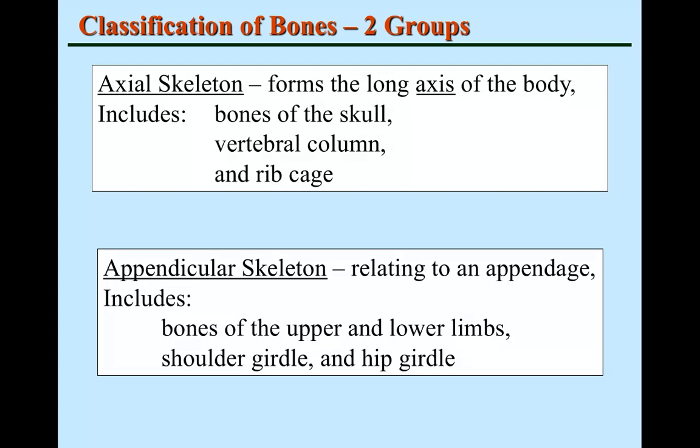Any structures associated with the arms and the legs are considered your appendicular skeleton. So you can think appendicular, appendage. So basically that means that we're talking about the bones of the arms, the bones of the legs, and then the bones that hold those structures to the body. So in the arms, we'd also be talking about the clavicle and the scapula making up the appendicular. And for the legs, it would be your os coxa, your hip bone, would be included here in the